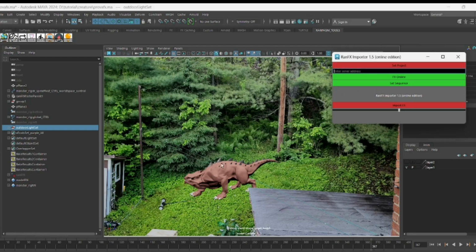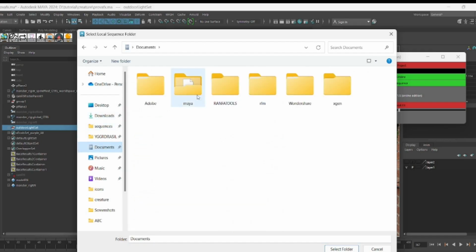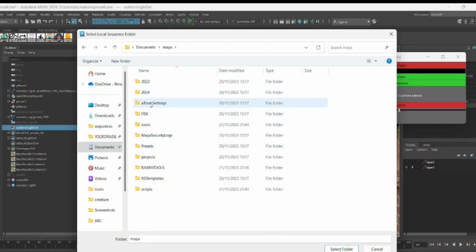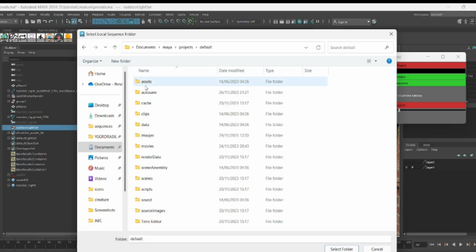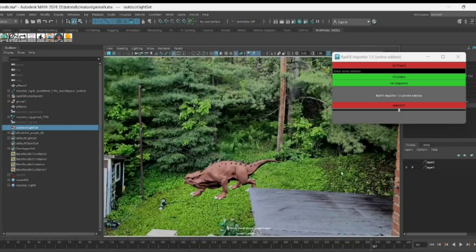Here you can set the project of your Maya project. Here you can just go online to find your folder. Here you can just set the sequence. Here you import FX. Again, here you can slow down, like in the reference tool, or speed up your animation. So if I want to have the set sequence, I go here and document project. Here is where I put my FX, but it can be where you want. Okay, and I will do import FX